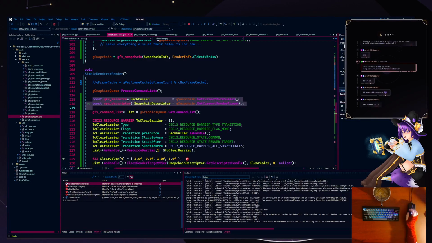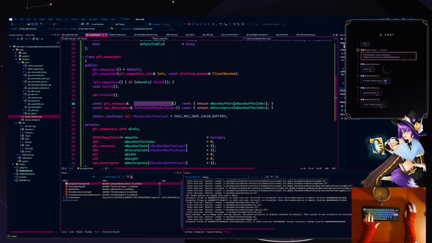I feel like it's gotta be due to one of these two lines. So it's either from the descriptors or